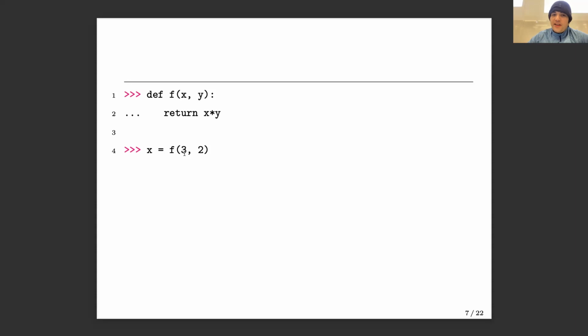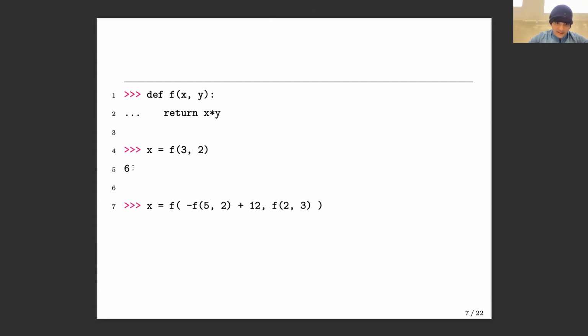Let's look at what's happening here. So 3 and 2 get passed to this definition. So x becomes 3, y becomes 2, and we return 3 times 2, which would be 6. So this call will become 6, and the value 6 gets stored in x. Okay, so 6 is in x. If I ask, what is x? It's going to say 6. But that shouldn't have actually shown anything. Just because you don't see 6 doesn't mean it hasn't been computed.